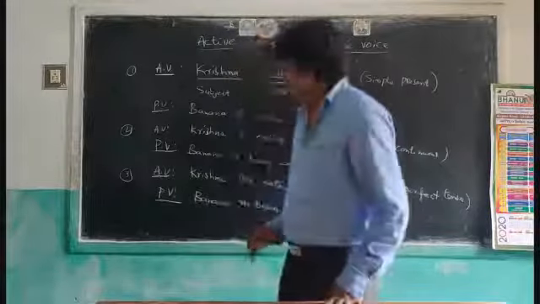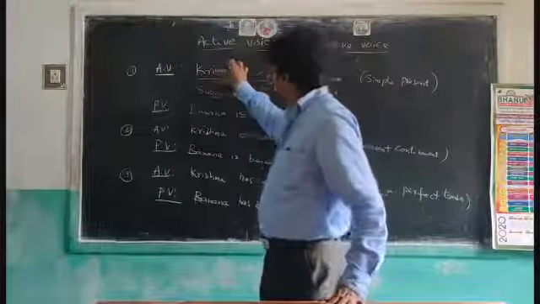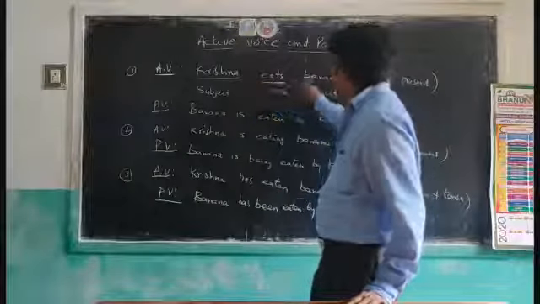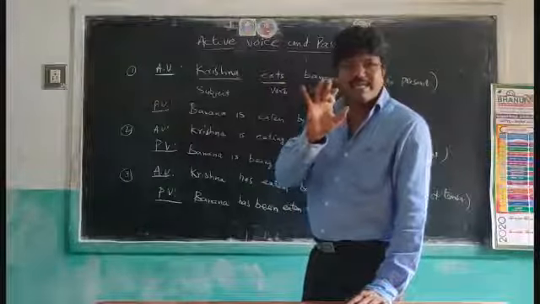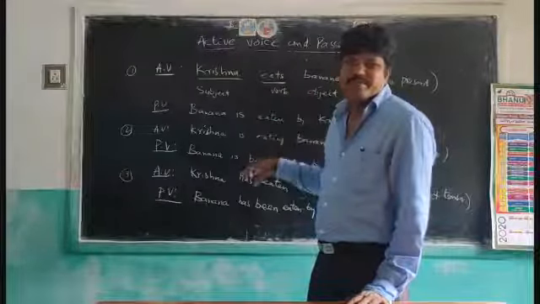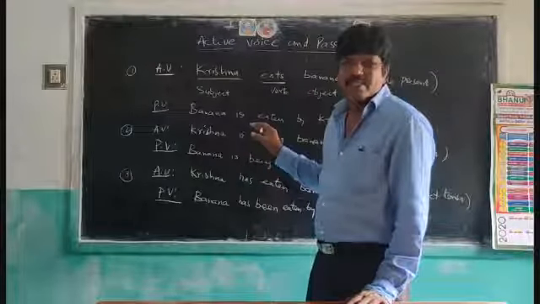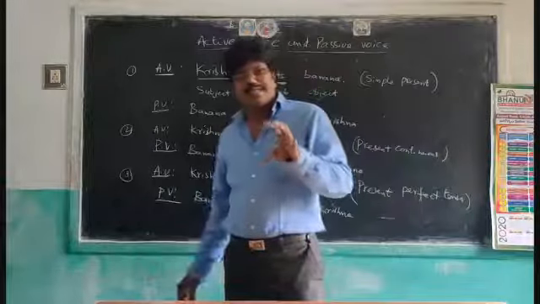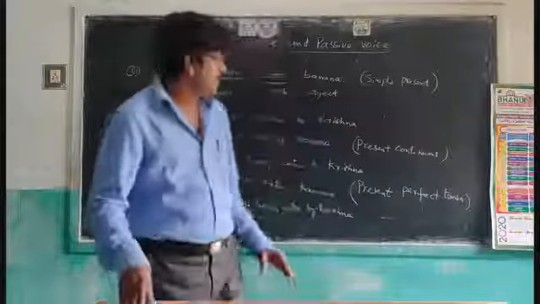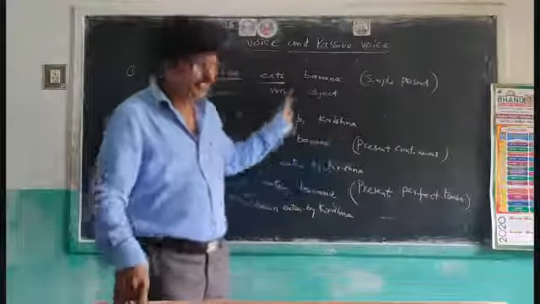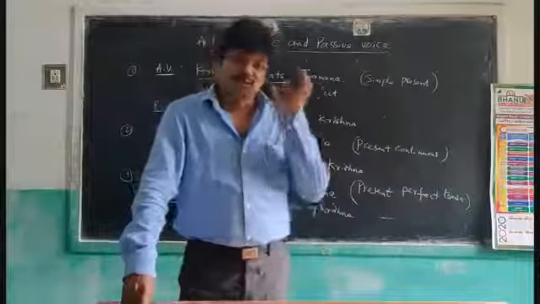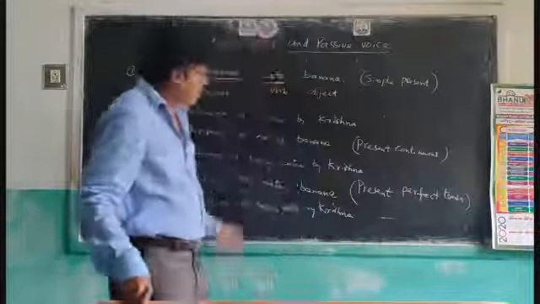So again, I write one sentence in 3 tenses. I take Krishna eats banana. I take only one sentence. Simple present. Again I write present continuous, present perfect. That sentence only. Like that, you write and practice some more sentences. Write one sentence and change it 3 times. Again, we'll practice past tense tomorrow. Copy down, children.